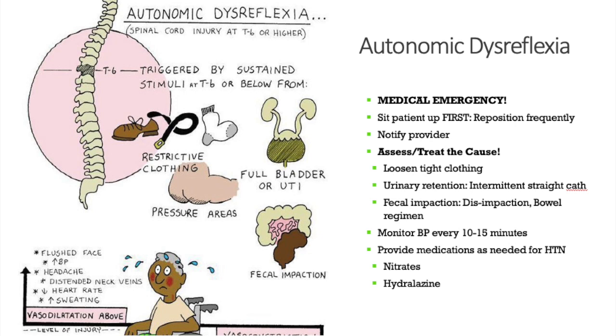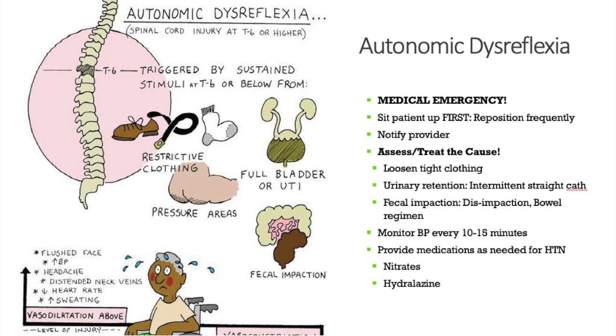Maybe the patient is laying on one side for too long, compressing a nerve. The patient can have a full bladder, maybe even a kinked urinary catheter can cause urinary retention and bladder distension. Fecal impaction, constipation can cause this, or tight clothing. So if the patient has pants on with a tight belt, this could also cause some sort of stimulus at